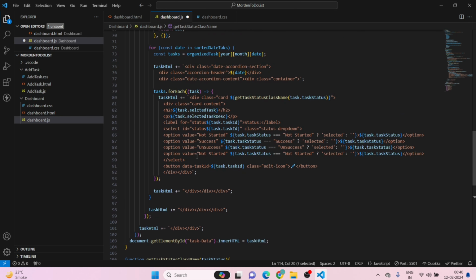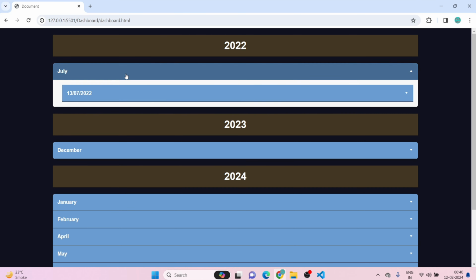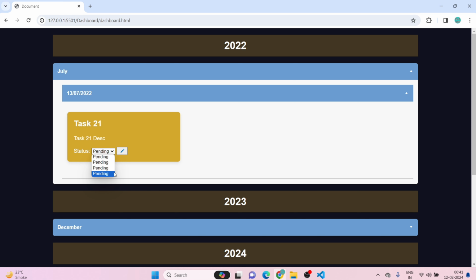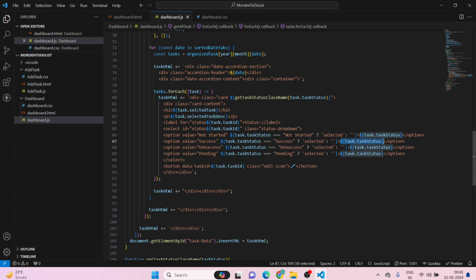But one more thing we have to change here is, now if you'll see, the task will be the same, everything will be pending because we haven't changed it here. So now we have to change it here as well. So just copy it, paste it here, success also, just paste it here, unsuccess, and pending. Okay,